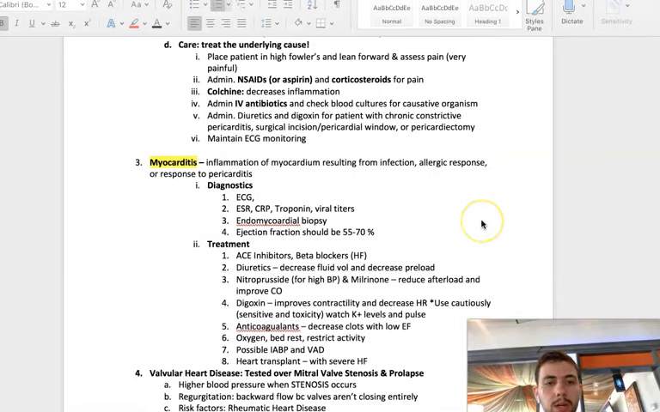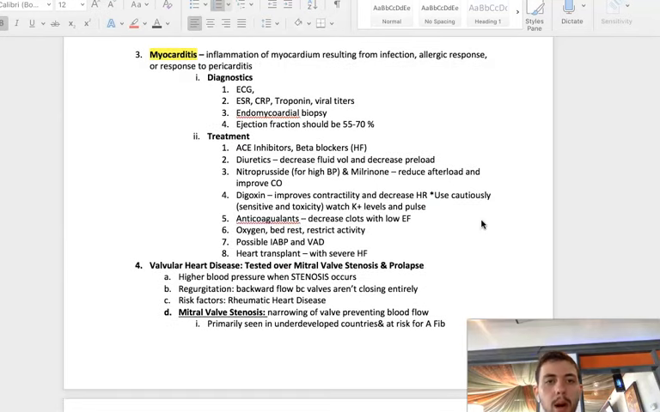So now we're going to talk about myocarditis. If you break that down, myo is muscle, carditis is heart, itis is inflammation, so inflammation of the myocardium, resulting from infection or allergic response. Some diagnostic tests you can do are ESR, CRP, and troponin. Troponin is the most important one, and you want to check the ejection fraction, which should be between 55